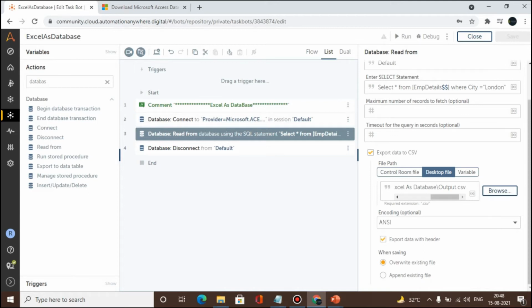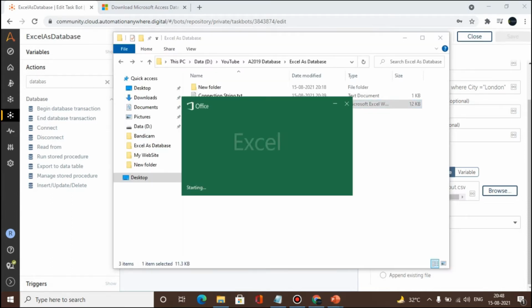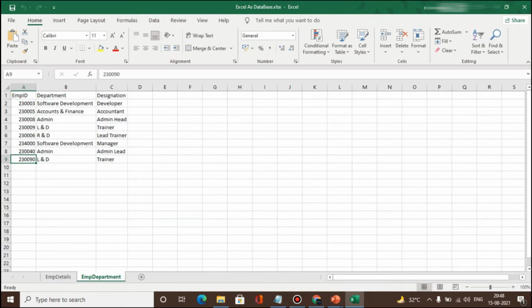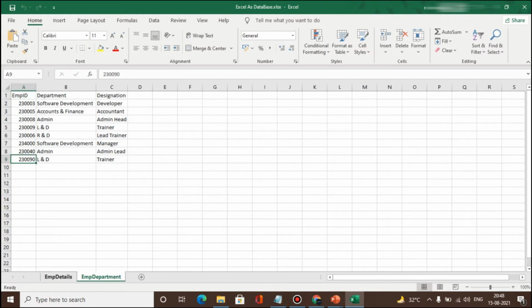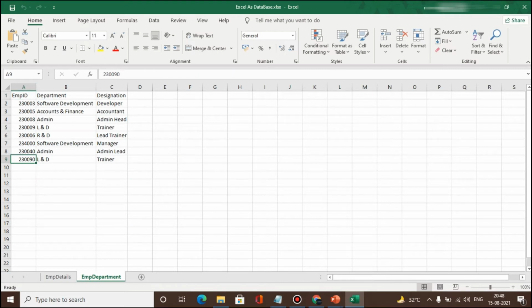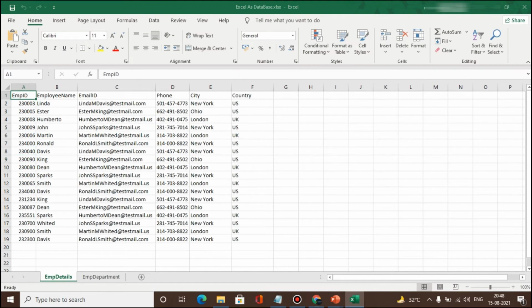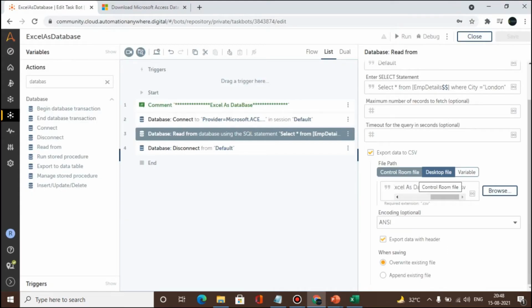Okay, so now I'm opening the Excel once again. Here we have the two sheets. Now I want to get the details like which department the employee present in this particular sheet belongs to. It's straightforward, you can go ahead and use joins as well.